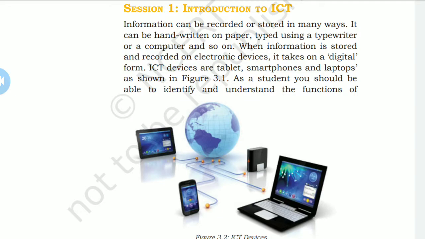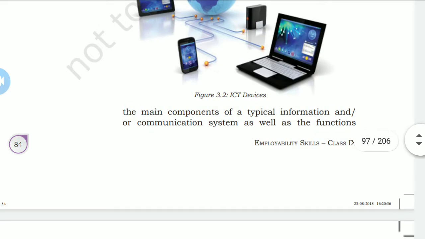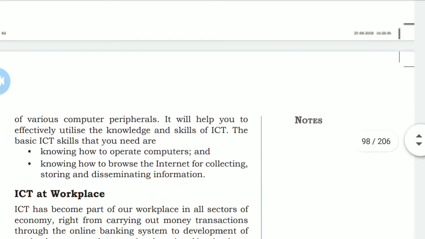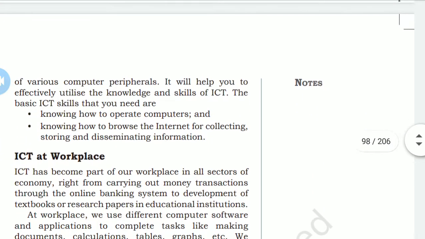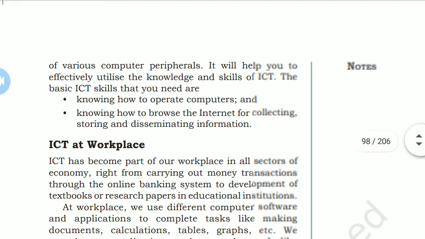As a student, you should be able to identify and understand the functions of the main components of a typical information or communication system, as well as the functions of various computer peripherals. It will help you to effectively utilize the knowledge and skills of ICT. The basic ICT skills that you need are: